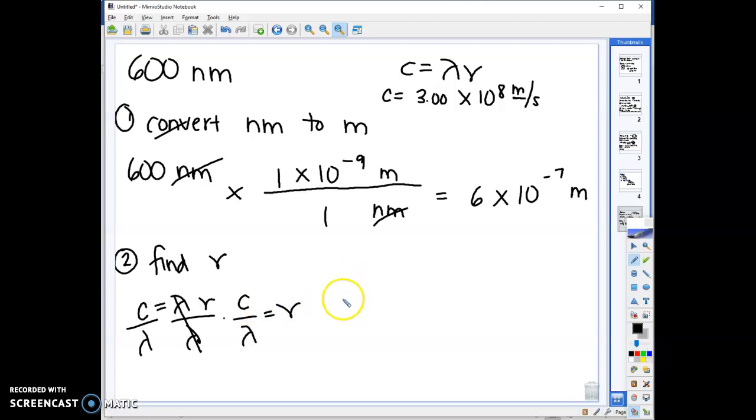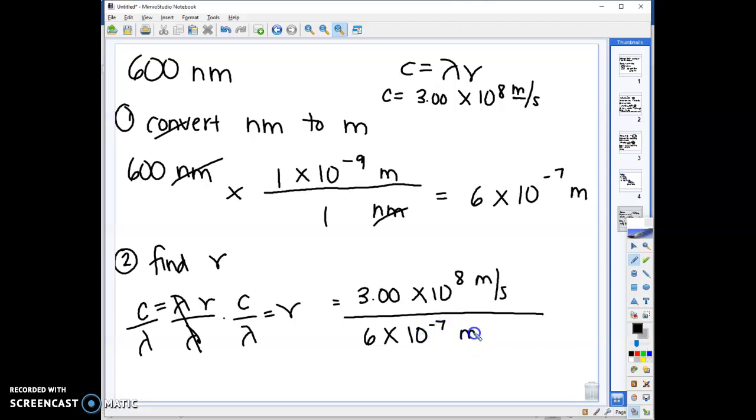So I'm going to solve. Now I'm going to plug those in. I'm going to say 3.00 times 10 to the 8 meters per second divided by what I just calculated as my wavelength in meters, 6 times 10 to the negative 7 meters. My meters are going to cancel out here,